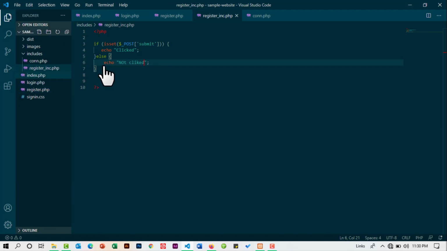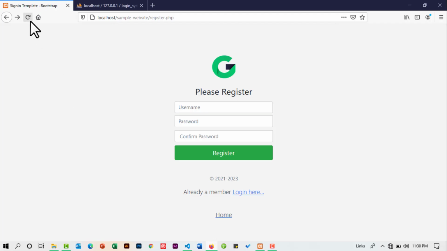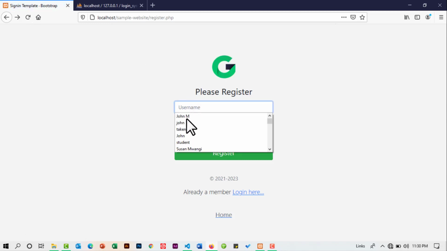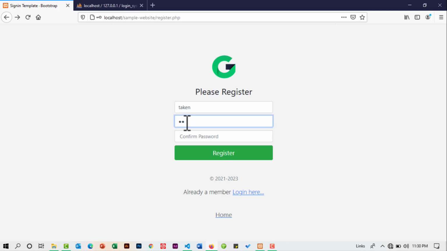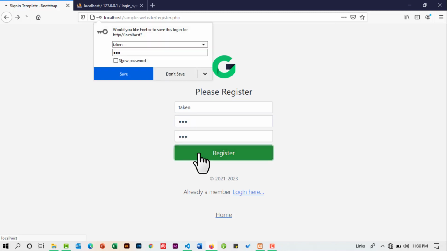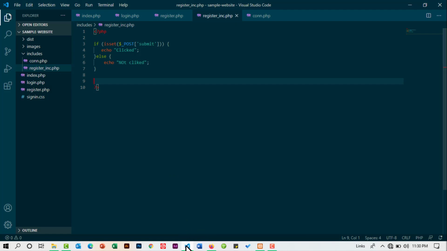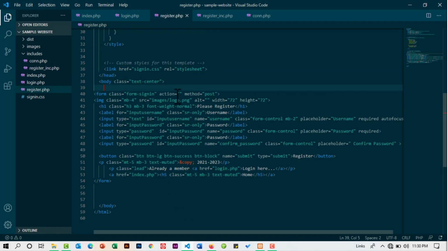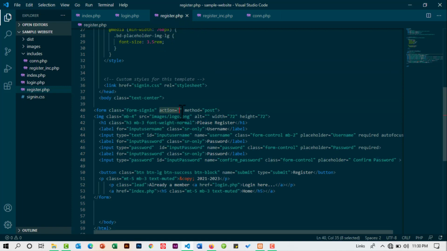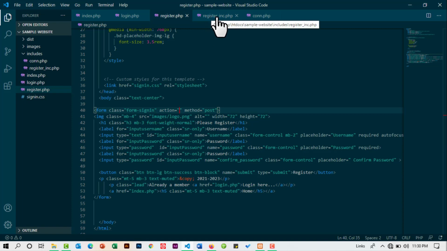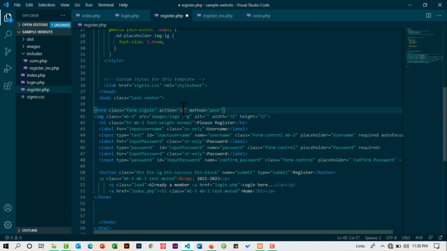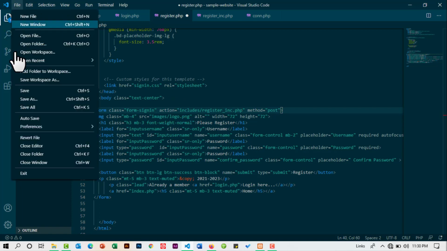So I'll save that and test whether my code is working. I'll put some dummy data here. And one more thing that we need to do, you can see it is not working there. We need to head on to the register.php, and at the action we need to add the path to the register_inc.php. So I'm going to come and say includes/register_inc.php. Then I save that,